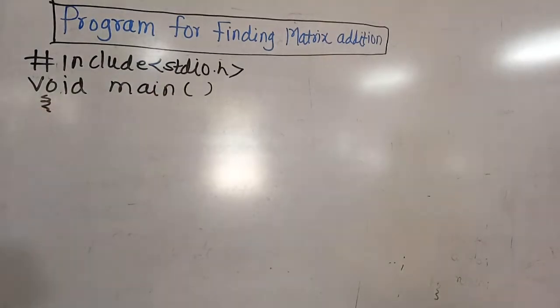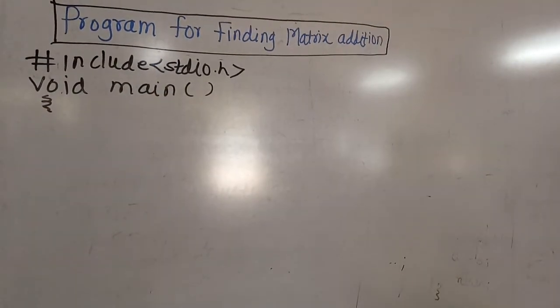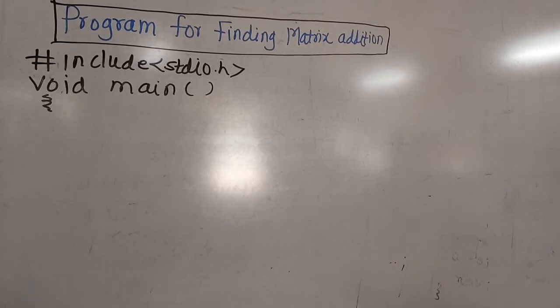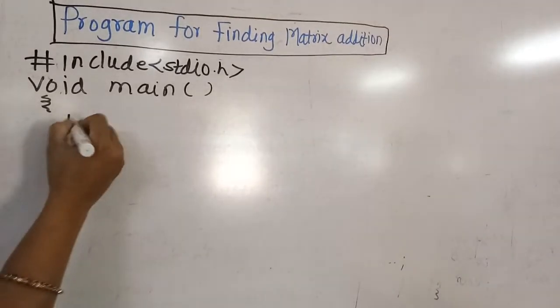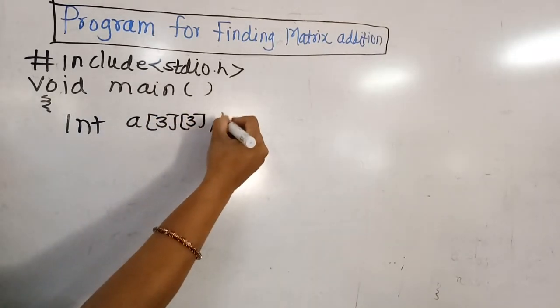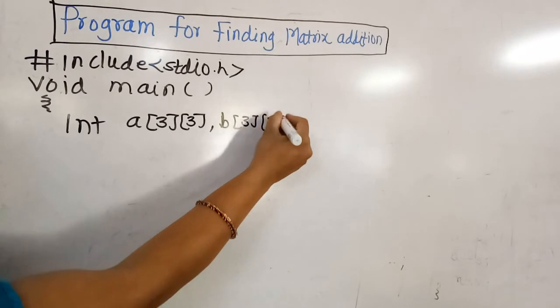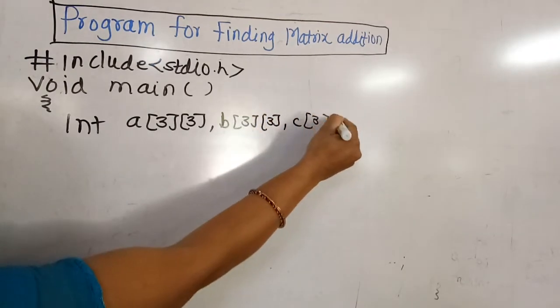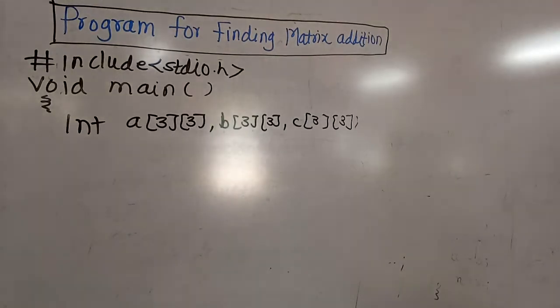It is like a simple two number addition. For example, if you have to write a two numbers addition, then you have to accept two numbers. For storing their addition, you have to write a third variable, that is the storing mechanism of the addition. In this same case, we will accept three arrays of 3 by 3, meaning three matrices. How? First, A of size 3 by 3 for the first matrix, second B 3 by 3 for the second matrix, and third C 3 by 3 for the third matrix for addition.